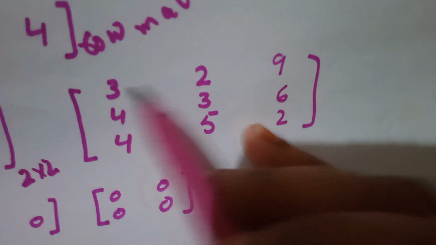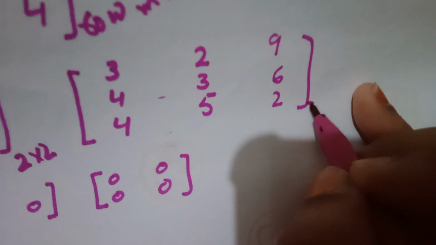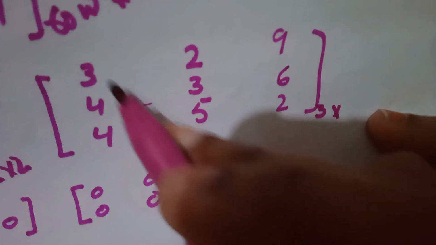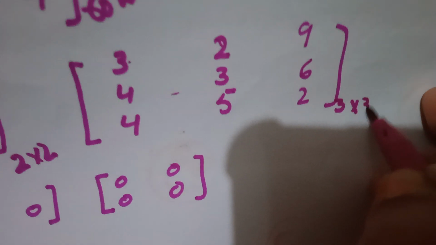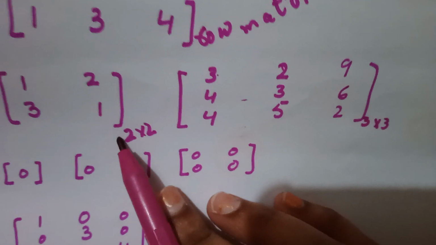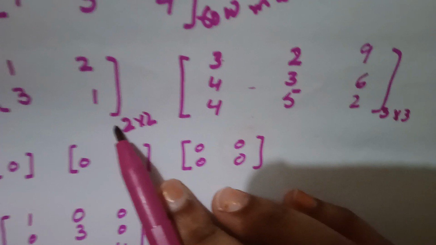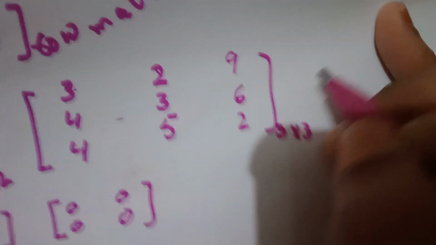How many rows? 1, 2, 3. How many columns? 1, 2, 3. In both examples, you can say that number of rows are equal to number of columns. You can call it a square matrix,